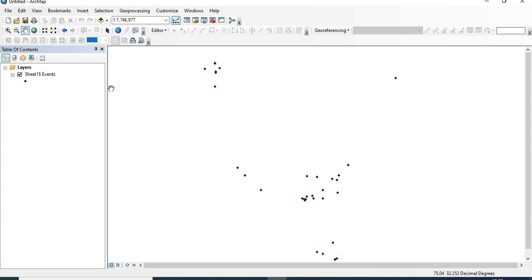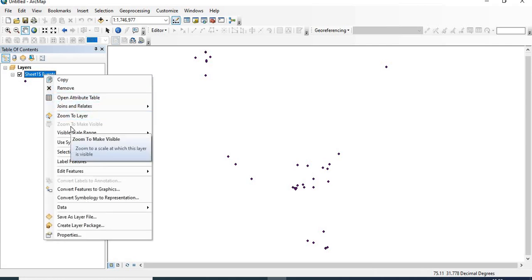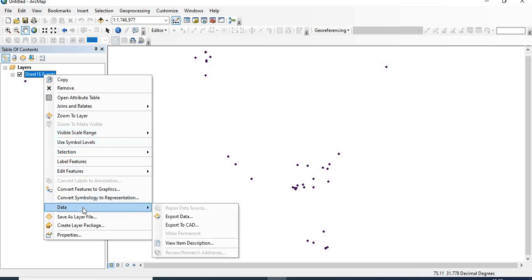So now, since these are only text values and are usually recorded in the ASCII format, right click on this sheet 1 events and click on data and export data. See what we are doing? We are converting these ASCII values into the shapefile. So click on this export data,